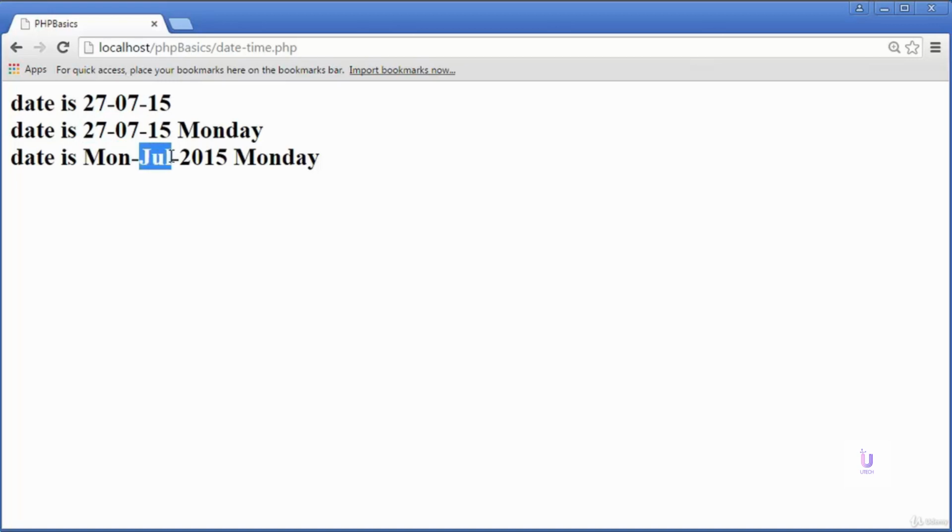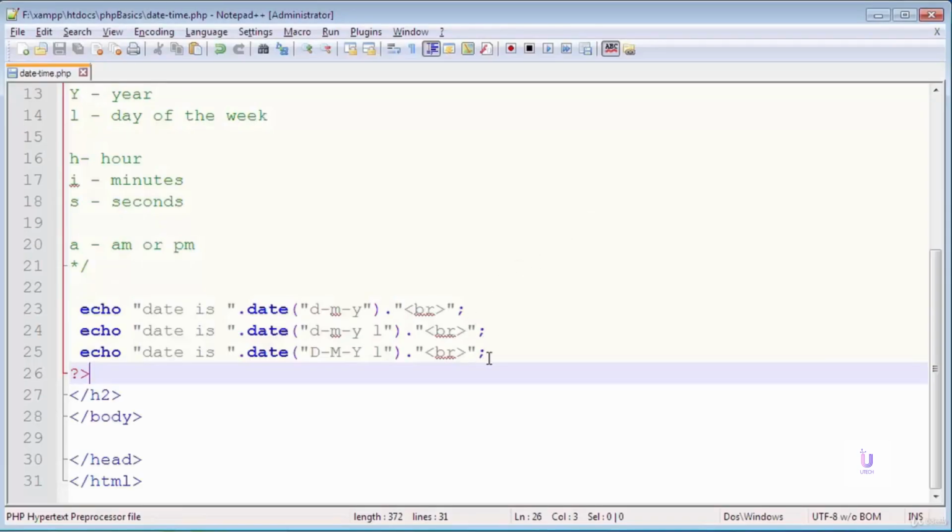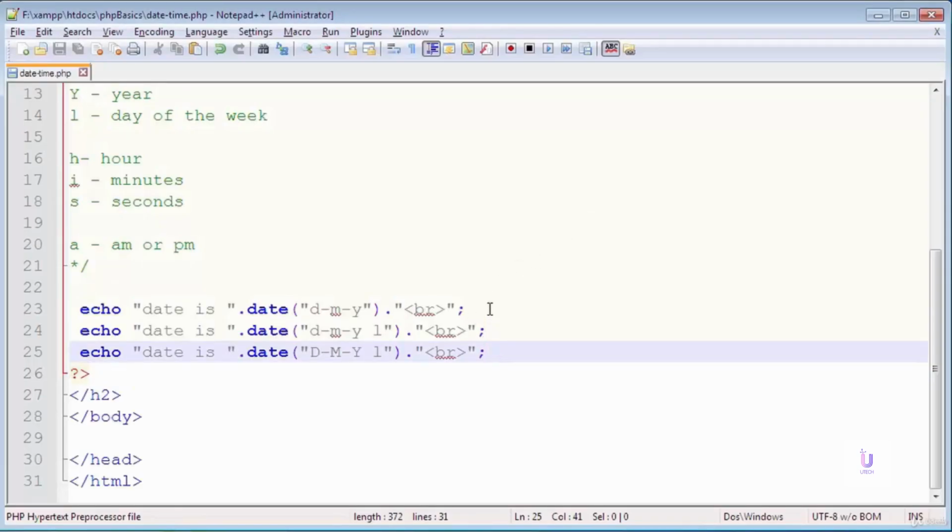When we use a capital M, the name of the month is displayed, and when we use a capital Y, the year is completely displayed. For example, here is 15 but here is 2015, and here is the day of the week, that is Monday.